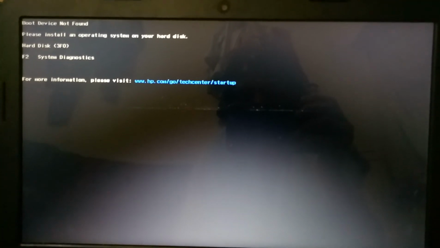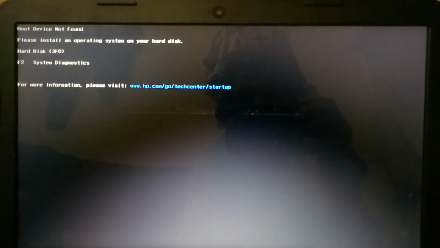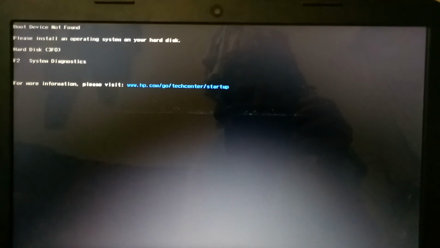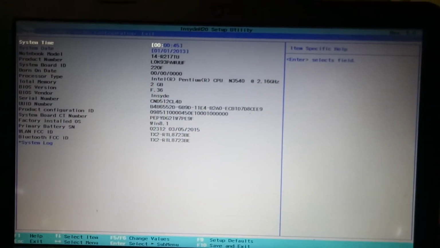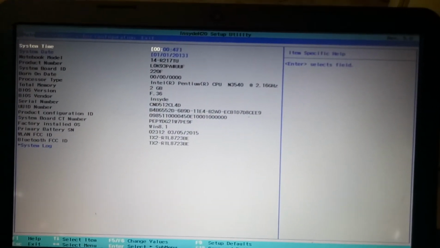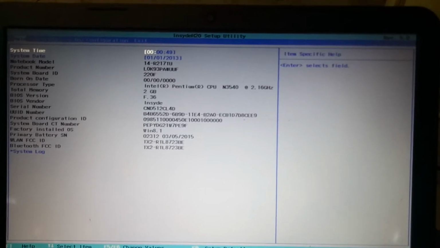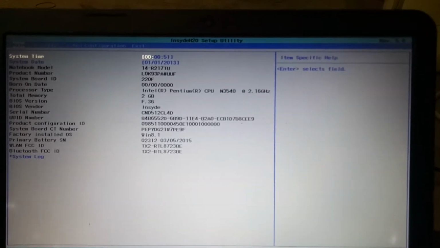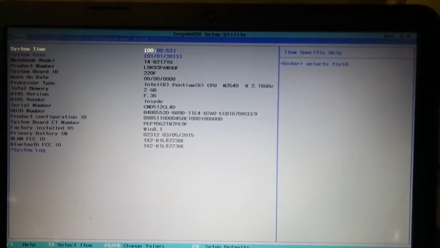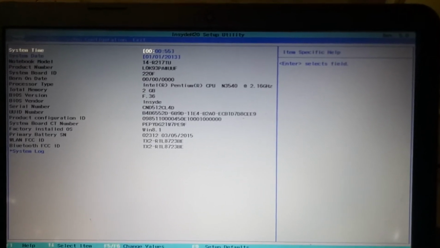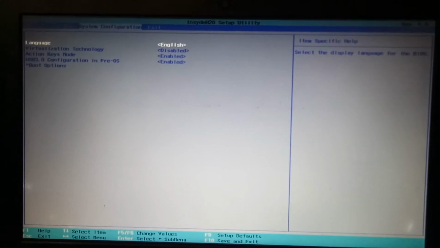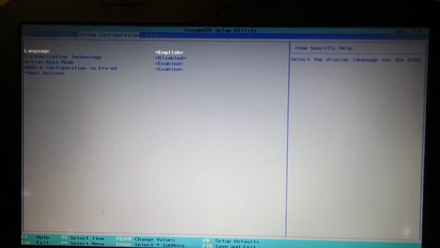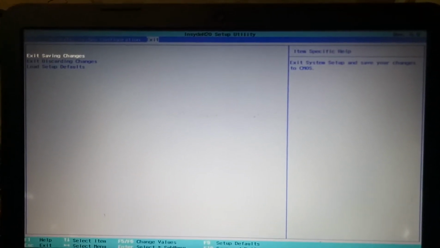Don't press F2, press F10. You will see this portion here. Just using your arrow button, go to the, just before the